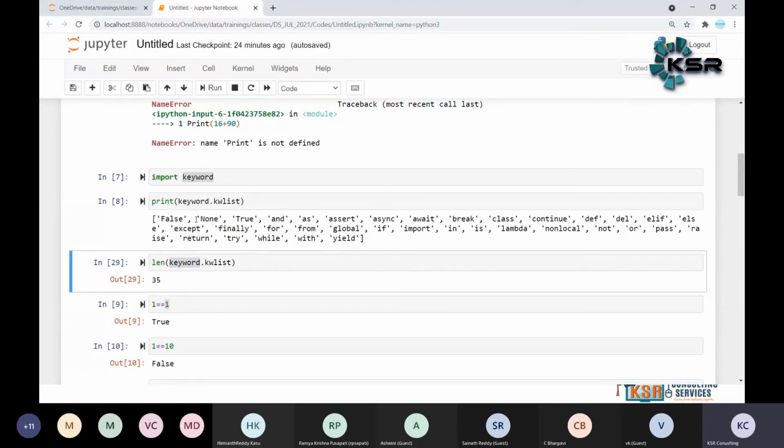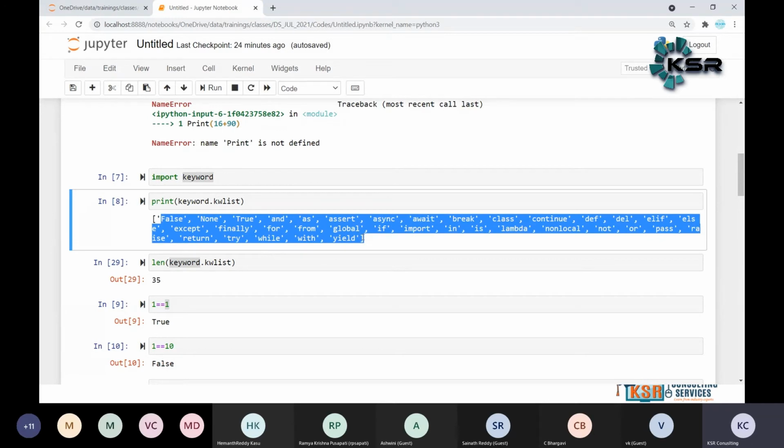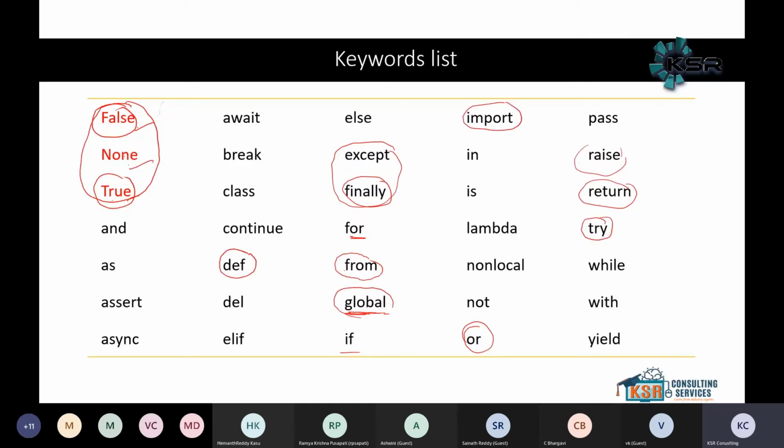Total is 35. You can count it if you want. Here also you can check: 7 into 5, 35.